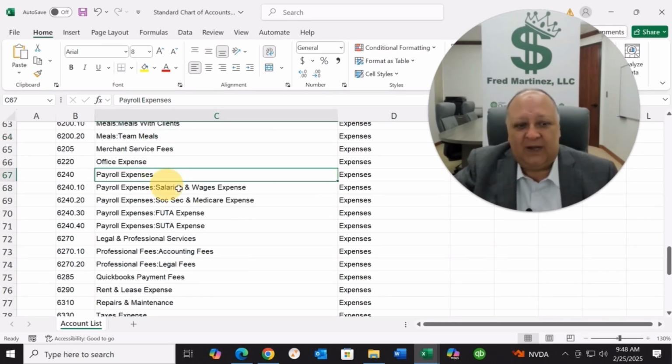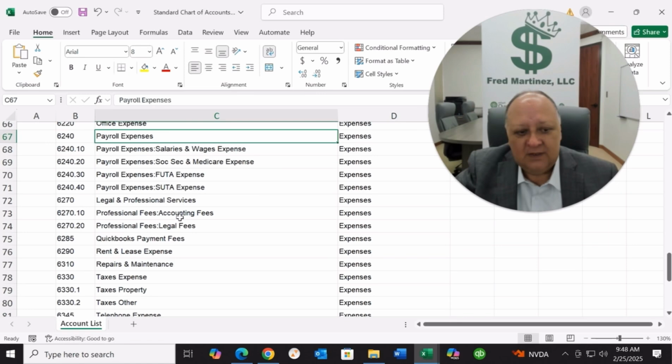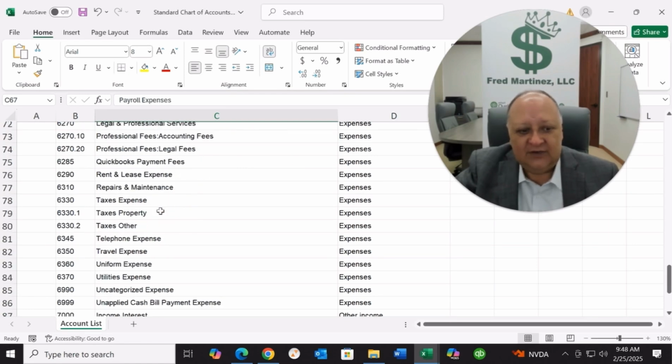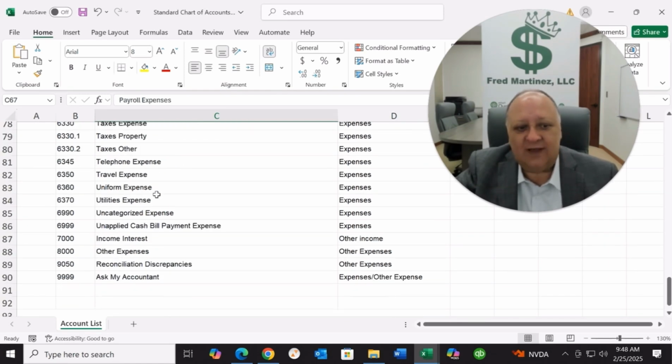Merchant service fees, payroll expenses. You'll see here also I like to have sub-accounts for salaries, Social Security, FUTA and CUTA. All of these are company portions, which is the company has to match whatever's being deducted or being taxed for Social Security, Medicare, FUTA and CUTA. Then you have your legal expenses, and then you have your rents, repairs, taxes, travel, utilities,